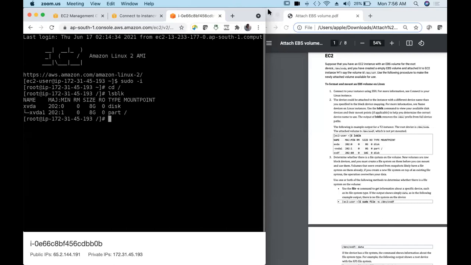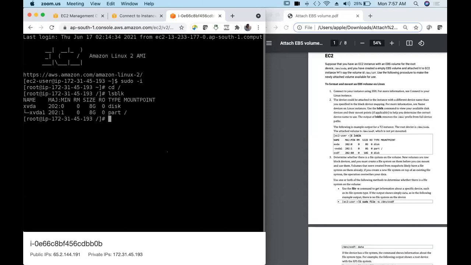This command is to check the disks mounted on your EC2 instance. We have only one, that is the root volume. Then if you look here, this is your command to check whether the additional volume has any data or not.